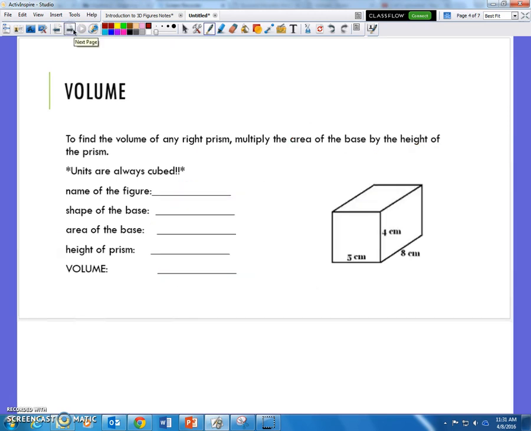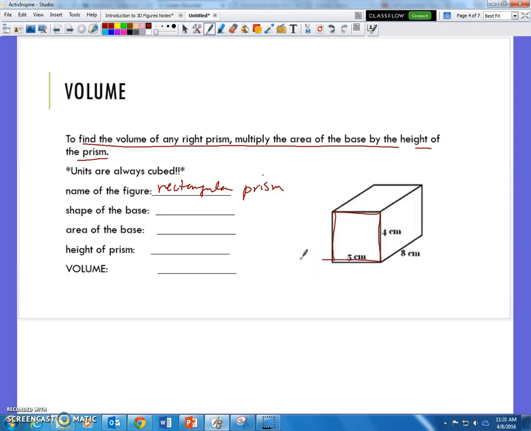Take a look at another one here. Again, these are the same directions for all of these because they're all right prisms. Name of the figure. In this case, we again have a rectangular prism,